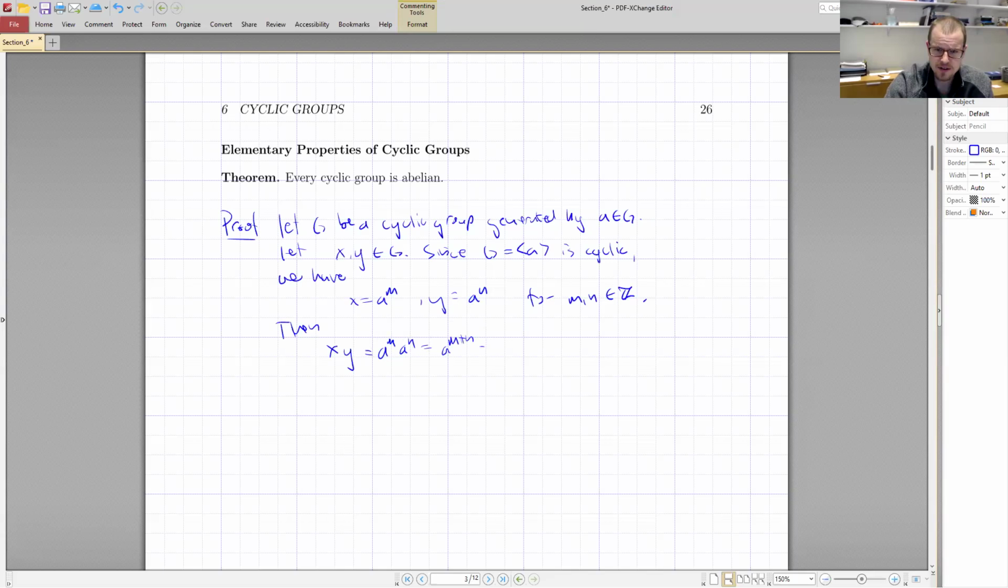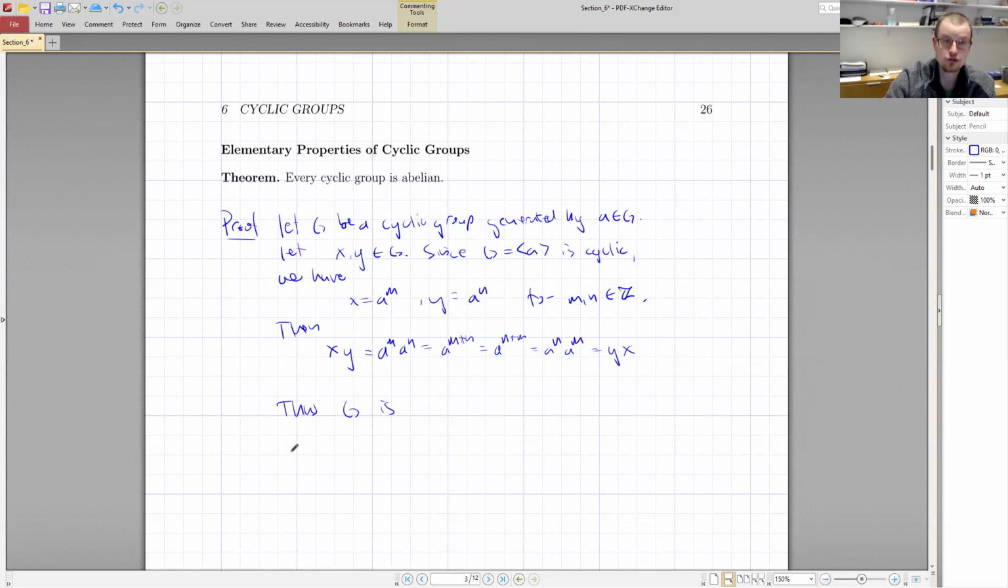So that's fantastic. But of course, addition itself within the integers is commutative. So this is a to the n plus m. And by recognizing that, we have that this is a to the n times a to the m. And finally, a to the n is y, and a to the m is x. So through our representations of x and y, we were able to find that x times y is equal to y times x. Thus,